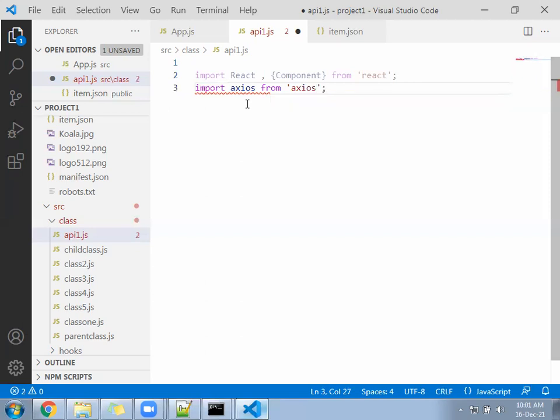Import axios from axios. So we have installed that library just now, axios, that library we are calling.